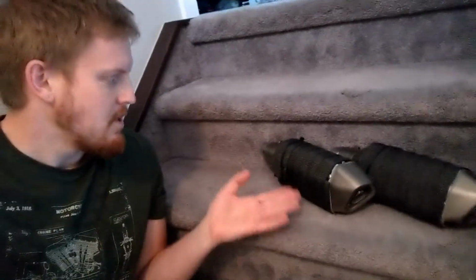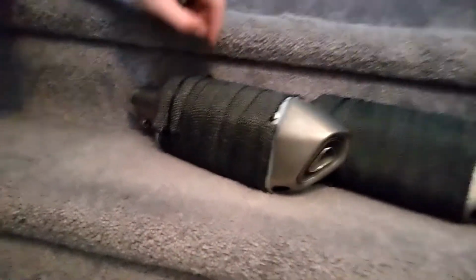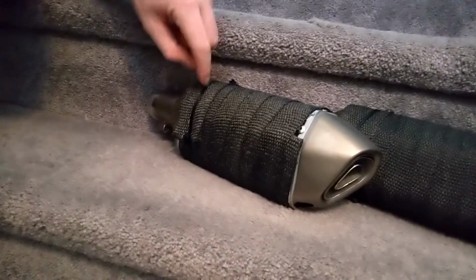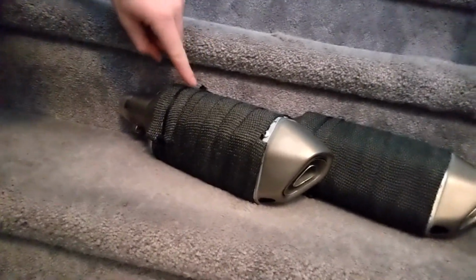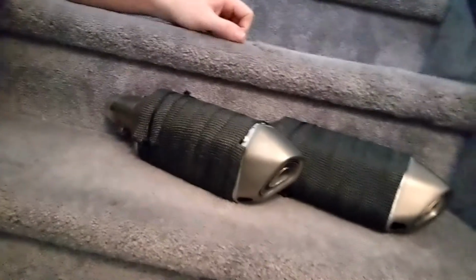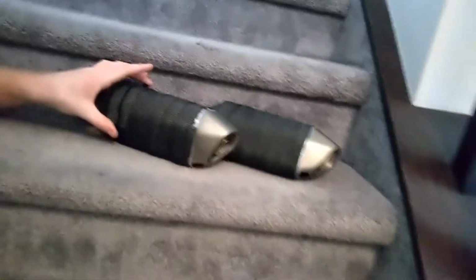I've been complaining about it since the day I bought the bike. This is the main thing. So this was my first solution. Obviously these little zip ties will be replaced with metal ones. I didn't have those metal ones at the time. I needed some really long metal zip ties to go around the entire exhaust muffler, but I didn't, so I just used these to hold the wrap on for now. Since then though,